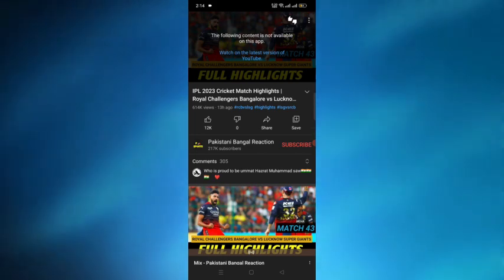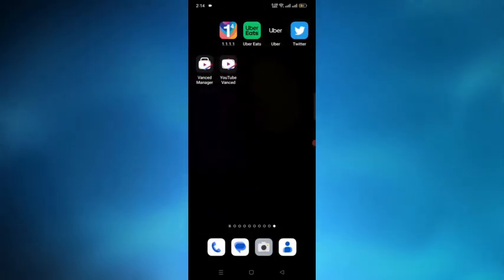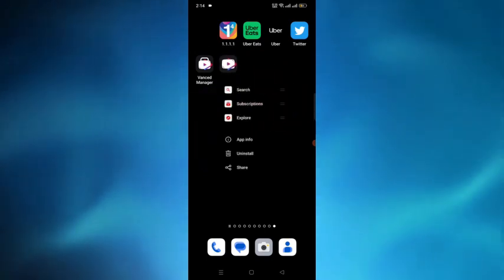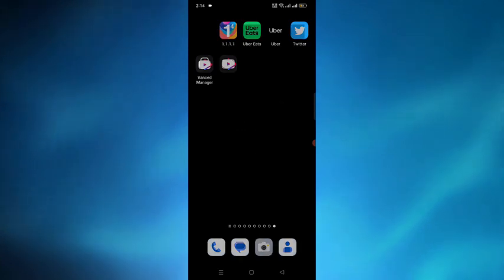So I'm gonna fix this with some simple tricks. So you have to follow me. So I'm going back and tapping on the YouTube Vanced, long press it. And you can see there is the option app info. We have to tap on it,